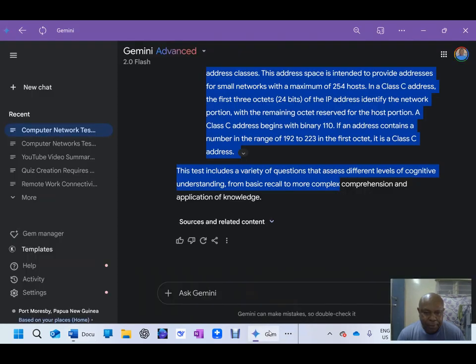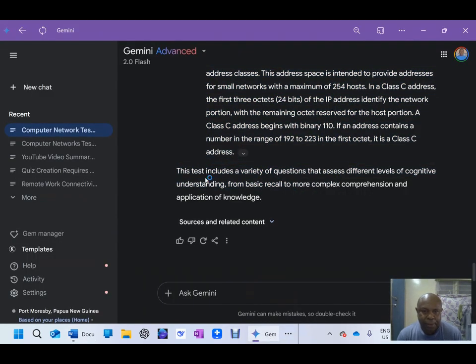Now back to Gemini again. You can see the last part here that says this test includes a variety of questions that assess different levels of cognitive understanding, from basic recall to more complex comprehension and application of knowledge. So this will ensure that your students can be able to